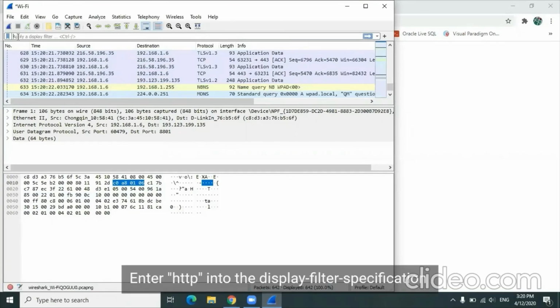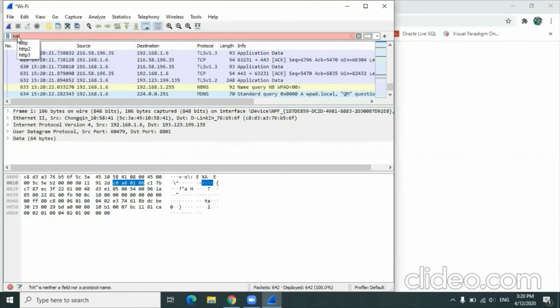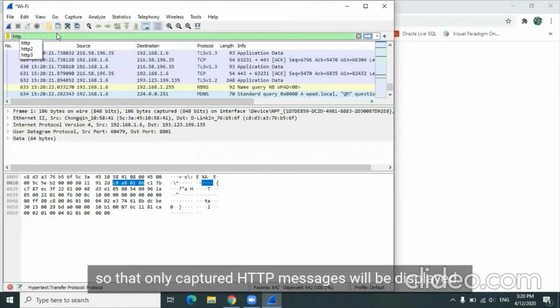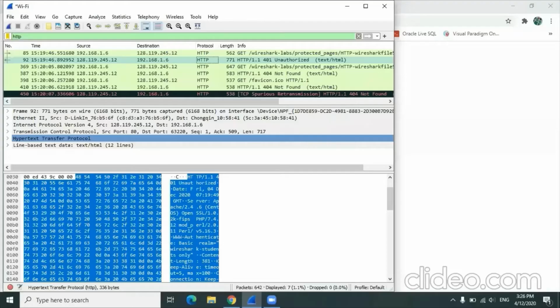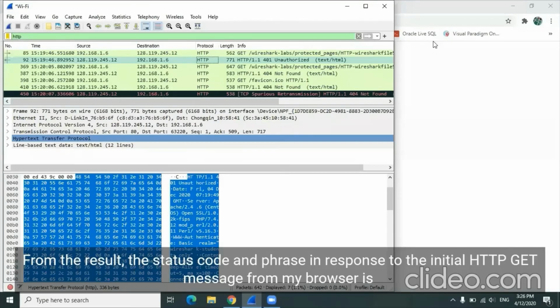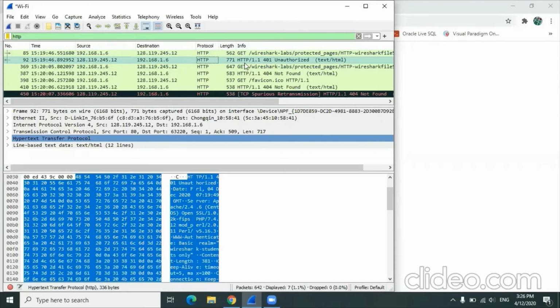Enter HTTP into the display filter specification so that only captured HTTP messages will be displayed. From the result, the status code and phrase in response to the initial HTTP GET message from my browser is